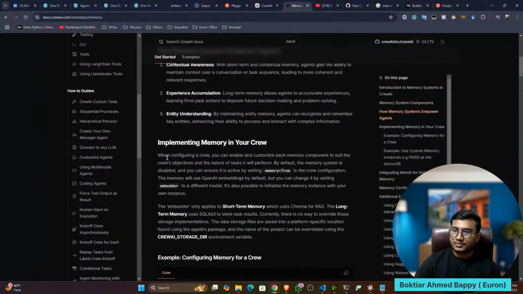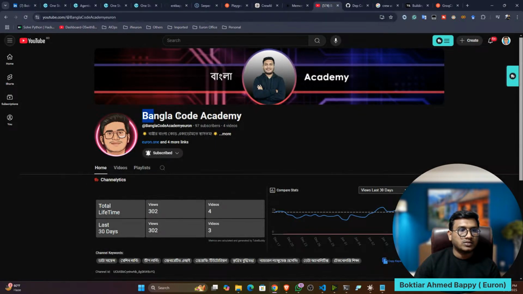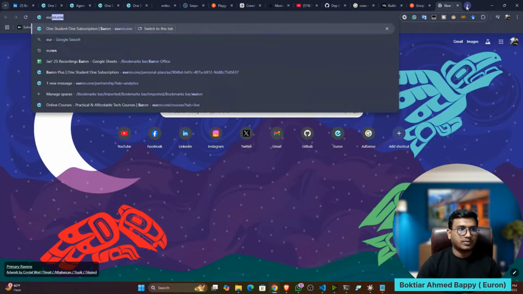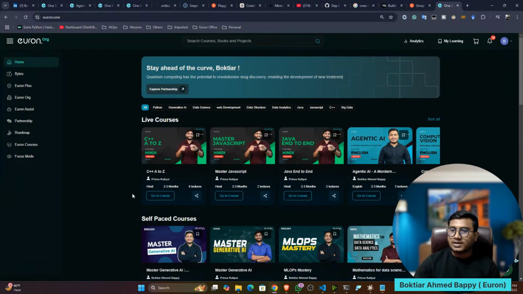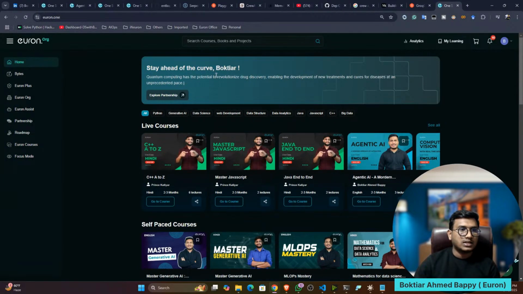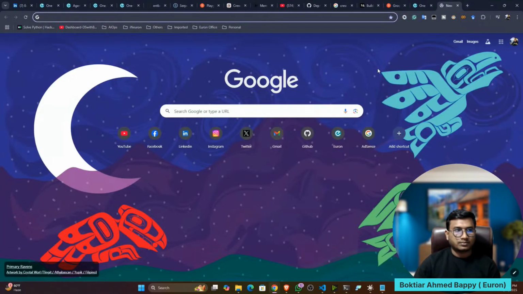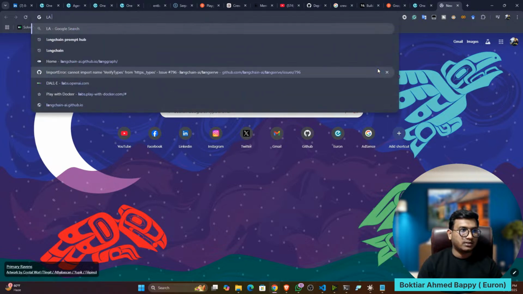Any other question, guys? Give me an example where tools aren't needed. In RAG, you don't need a tool. If you are not doing a real-time search operation, a tool is not required. Let's say you want to create a chatbot on top of the Euron platform: what is Euron, how many courses does it have? At that time a RAG application is fine. But if you want real-time information, let's say LA wildfire updates